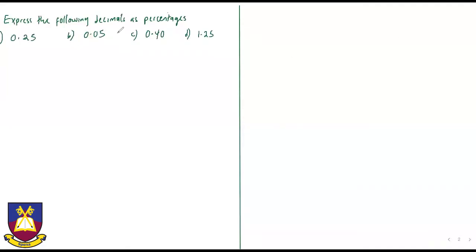Express the following decimals as percentages. Now, just like we've done in fractions, to express a given decimal as a percentage, all we do is multiply the decimal by 100. So multiply this by 100, and we know this decimal point moves 2 places to the right. That becomes